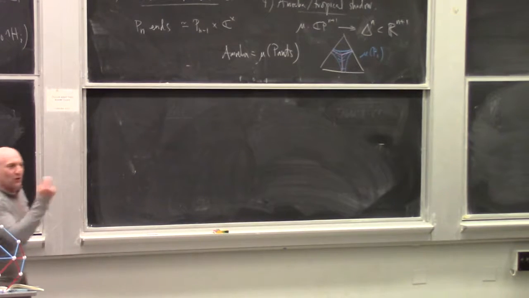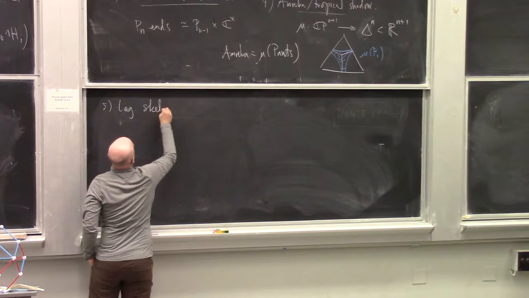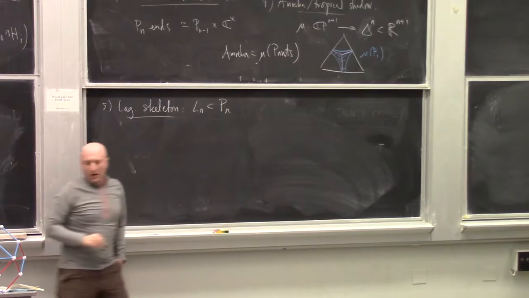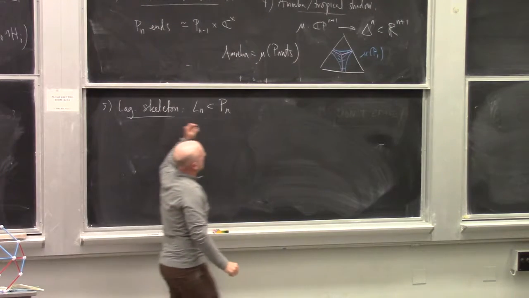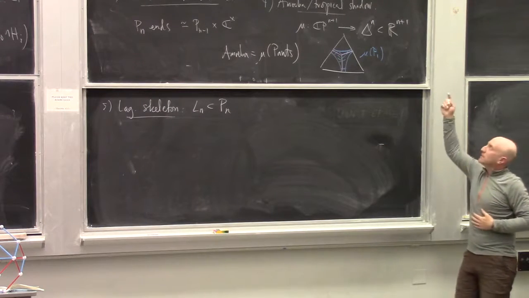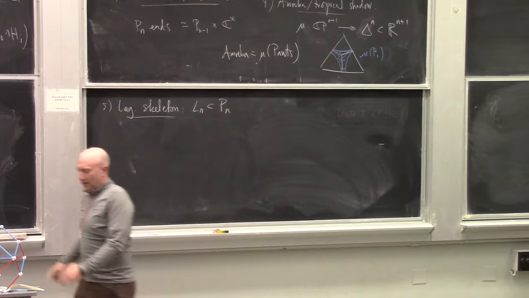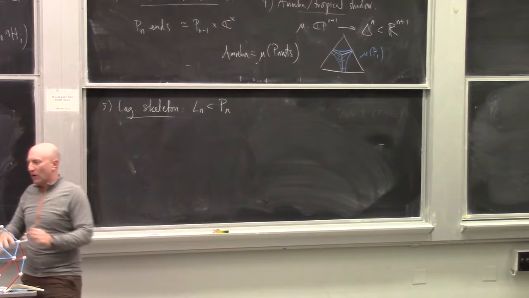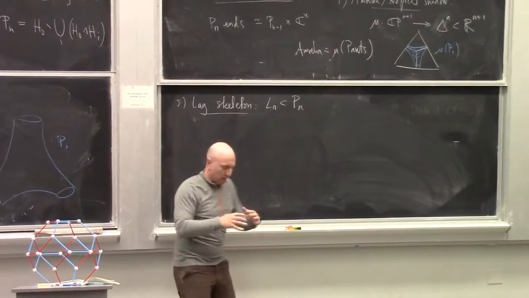Okay, so now I'd like to talk about skeleta. I'd like to talk about the Lagrangian skeleton, which I'll call Ln inside of Pn. Let me remind you roughly what I mean. In the setting of a Stein or Weinstein or Liouville manifold, we can pick an exhausting function, look at the stable set of that function, and get a core or skeleton that in general will be isotropic, but here it will be Lagrangian. Everything homotopy retracts onto this core, and the symplectic geometry retracts to a neighborhood.